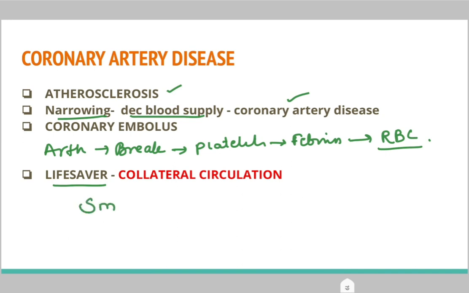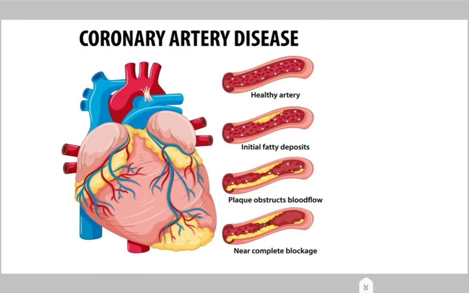The only savior could be the collateral circulation. The collateral circulation is seen in the small arteries. So when the major arteries get blocked, within seconds or within few minutes, the collateral circulation opens up and it starts the blood flow. It serves as a major blood supply. But as the anastomosis is between the small arteries, the blood flown through the small arteries will not be sufficient to the heart. But as the time progresses, like a 1 month or so, the blood through the small arteries will become normal.